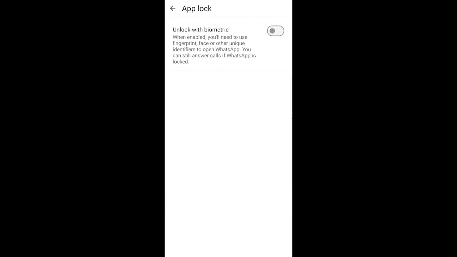Now you see app lock open, and then you see unlock with biometric. When enabled, you will need to use fingerprint, face or other unique identifier to open WhatsApp. You can still answer calls if WhatsApp is locked. Now enable this option. Now you see confirm biometric, scan your fingerprint,